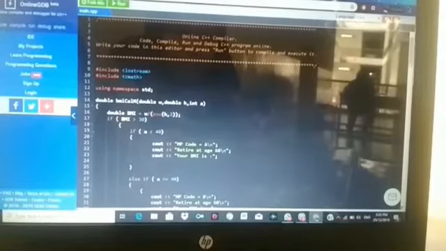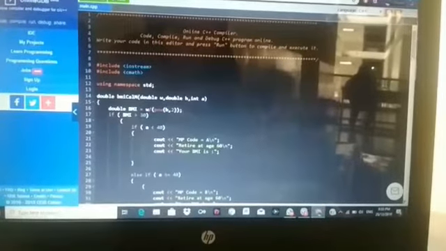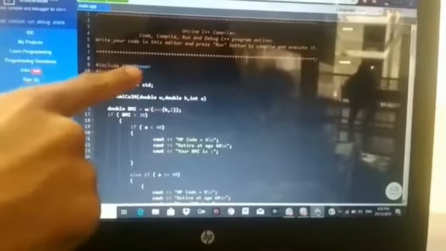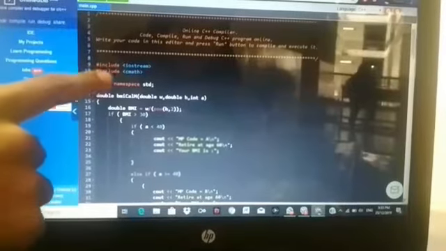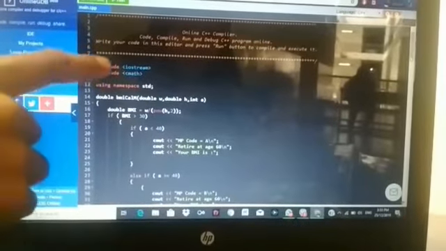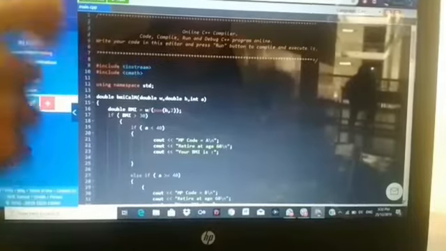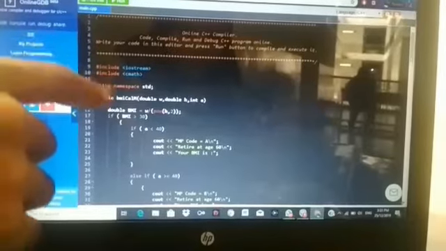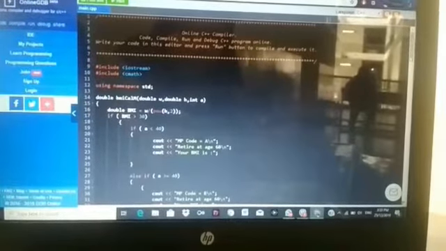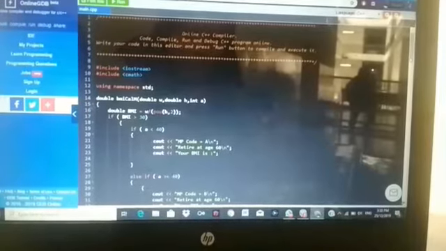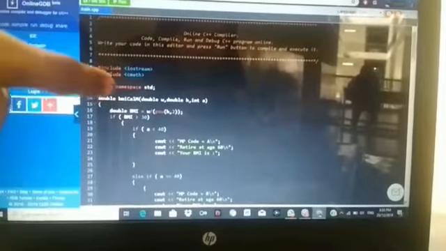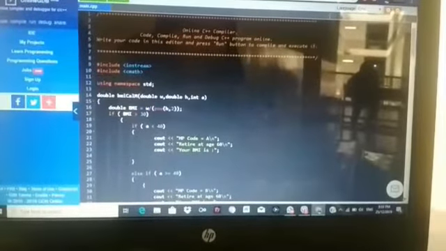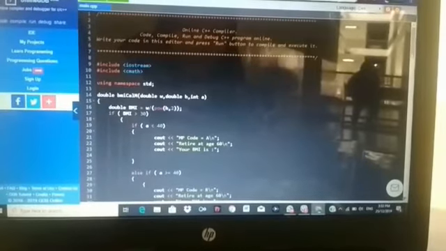Firstly, we will look at the header. In our coding, we use two headers. The first one is #include <iostream>, and the second one is #include <cmath>. For iostream, we use it for the output and input process, while cmath we need for the BMI calculation, because we use power, as our formula is weight over height to the power of 2. The second thing is we are using namespace std, which is just for the standard.